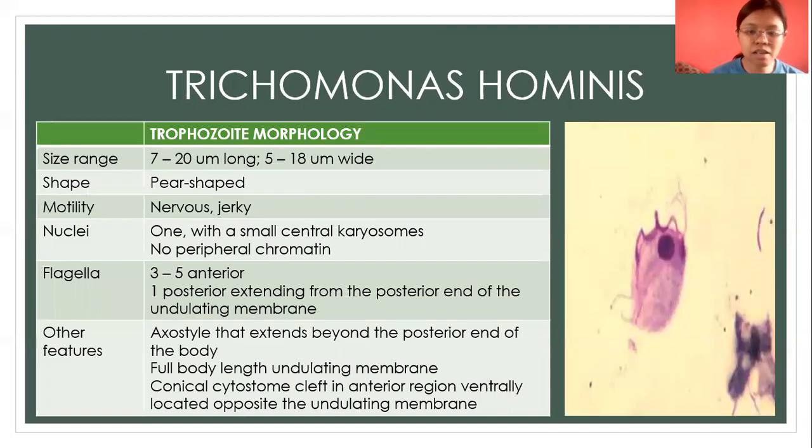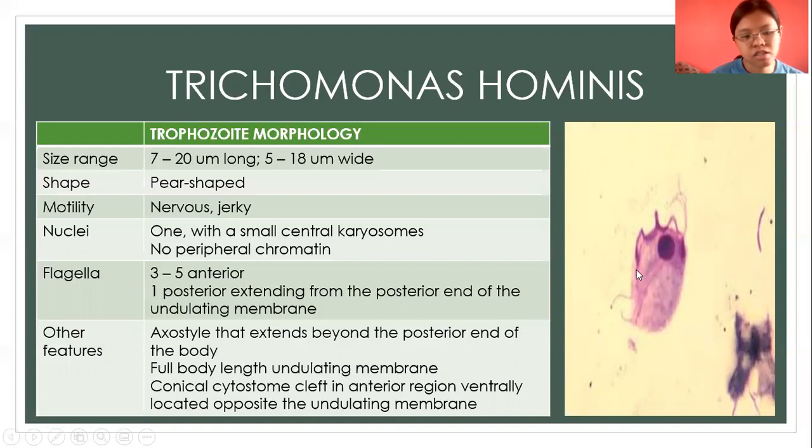The next natin is the Trichomonas hominis. So size range 7 to 20 micrometer long to 5 to 18 micrometer wide. So same din siya ng Giardia, which is spear shape. Pero ang motility naman nito is nervous or jerky. So it has one nucleus with a small central caryosome, and does it have peripheral chromatin? So meron siyang flagella, 3 to 5 na anterior and 1 posterior extending from the posterior end of the undulating membrane. So other features niya, the axostyle that extends beyond the posterior end of the body, full body length undulating membrane,